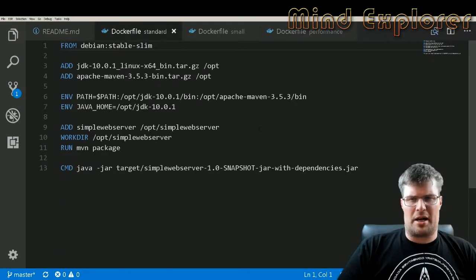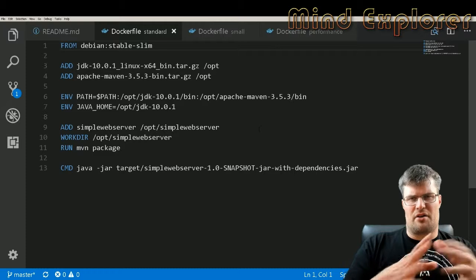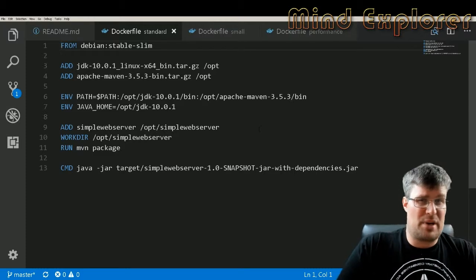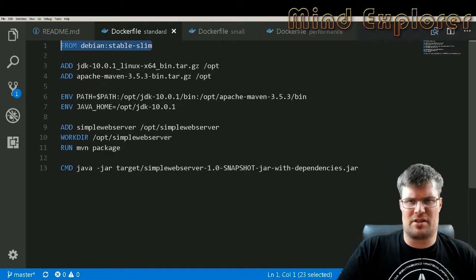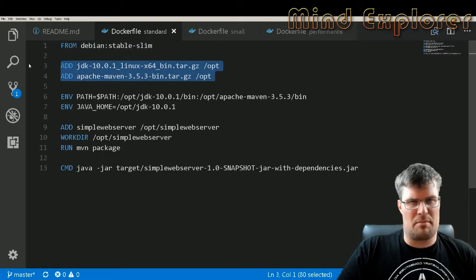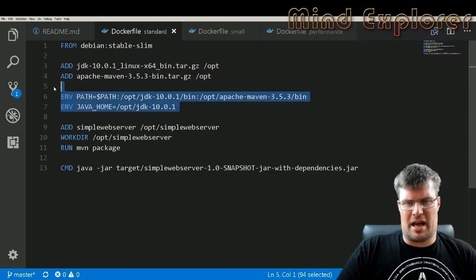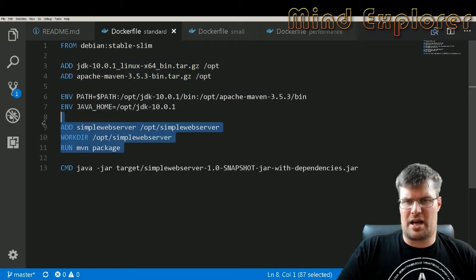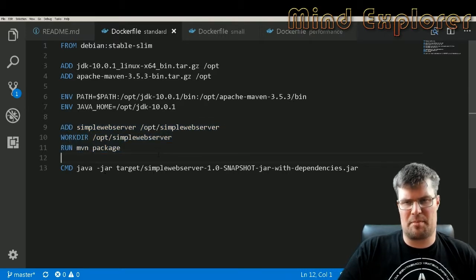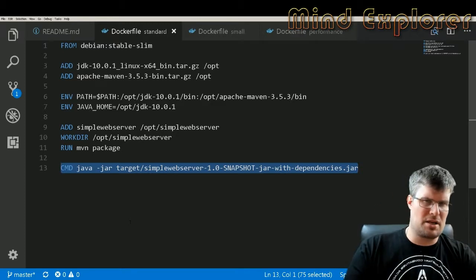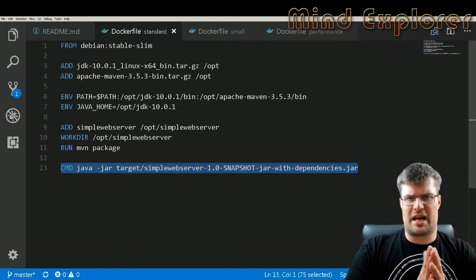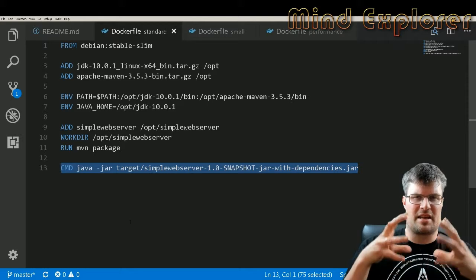So let's start by looking at the standard build of Docker. So this is the big one, but very easy to understand. You have a stable Debian build. I add the JDK and Maven, add some environment variables. I add the simple server, set the work dir, package it up, and then I have a command here to run it. So this is a very simple build, and it actually will create something that is